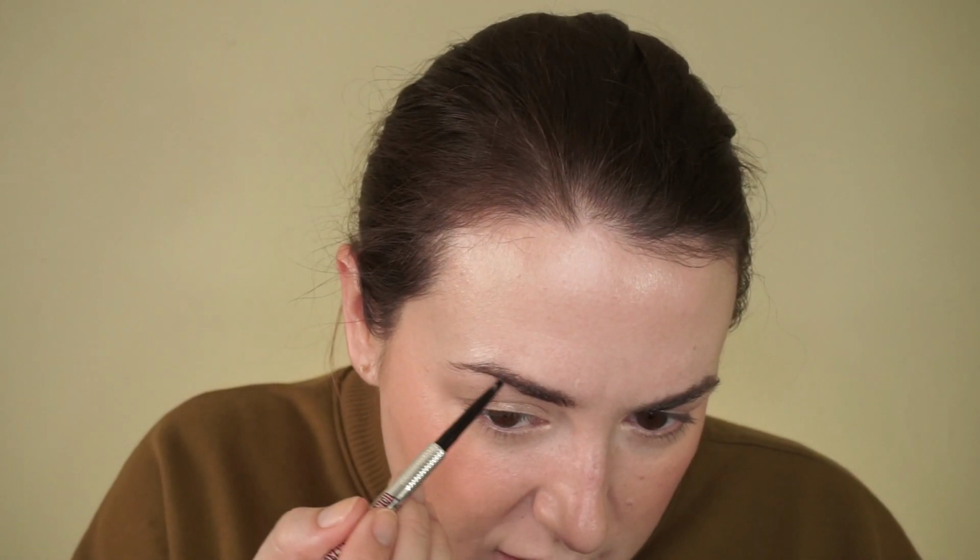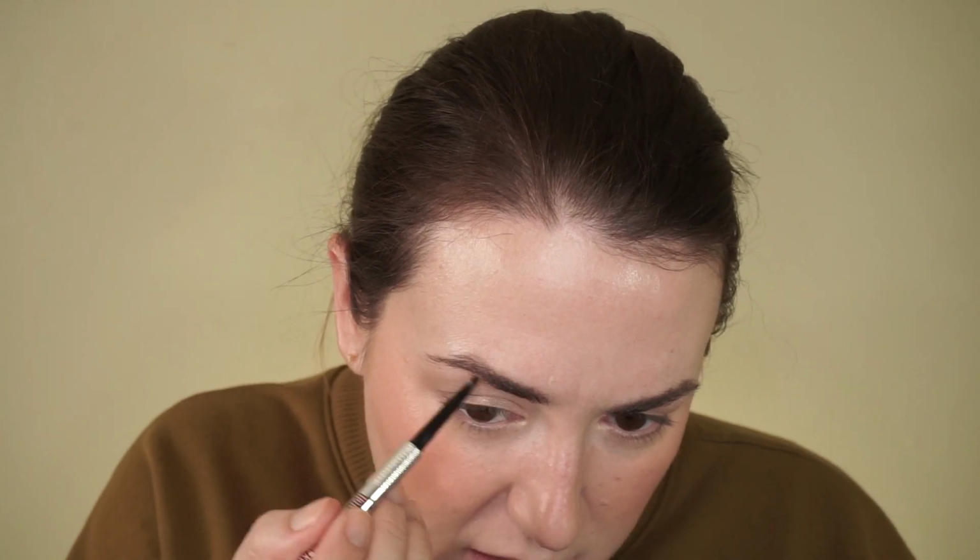I'm always so envious of people who can just throw a clear brow gel in their brows and then look amazing. My eyebrows are so patchy and weird. Okay, so I don't really need a highlighter, but I mean, why not? I only have one new highlighter, and I'm gonna save that because I am gonna do a full dedicated Westman